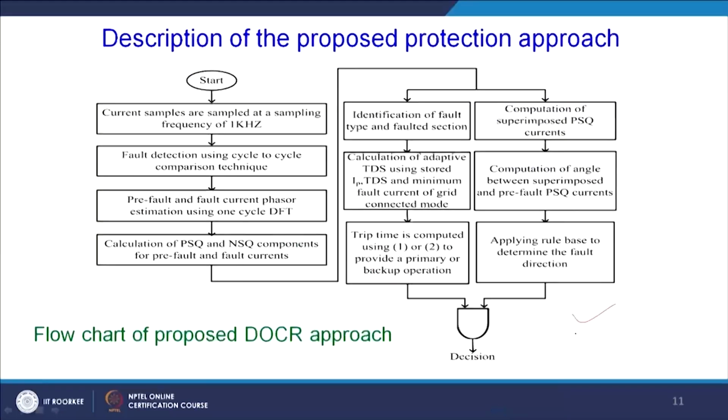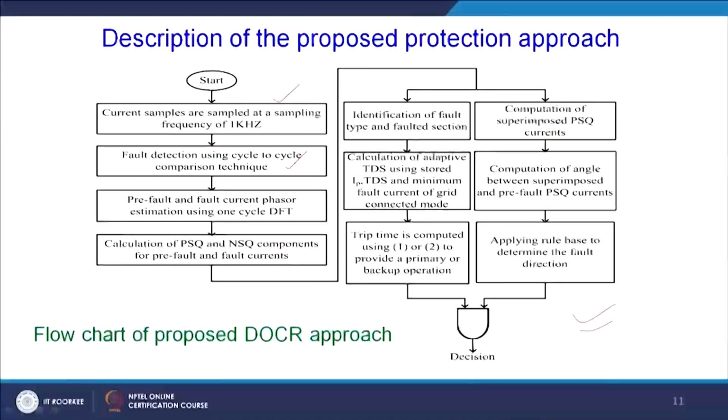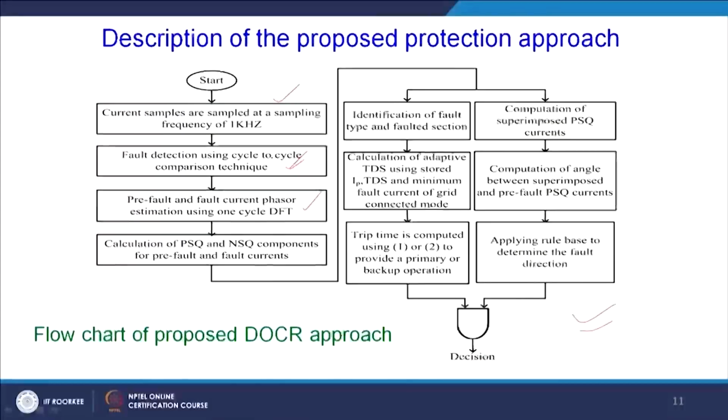Now, this is a total flow diagram of how this particular technique is implemented. First one is to sample the current at a 1 kilohertz sampling frequency, as we are not using voltage information here, only the current. Second, we have to detect whether there is a fault or not. If there is no fault, no need to trigger the directional unit algorithm, and if there is some fault, that particular fault will be detected using a cycle to cycle based